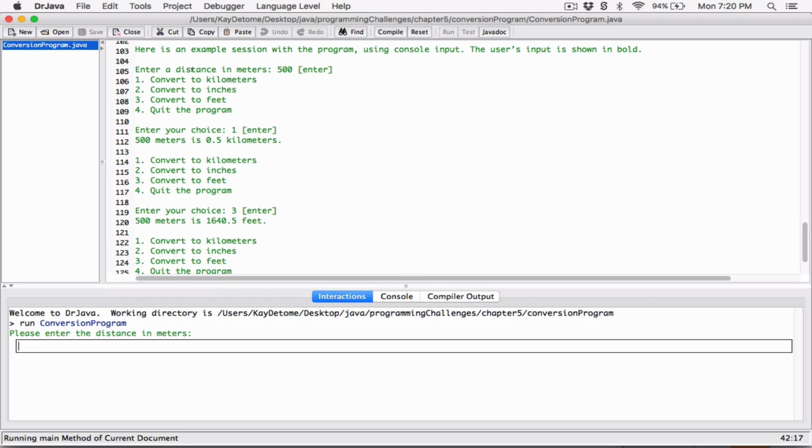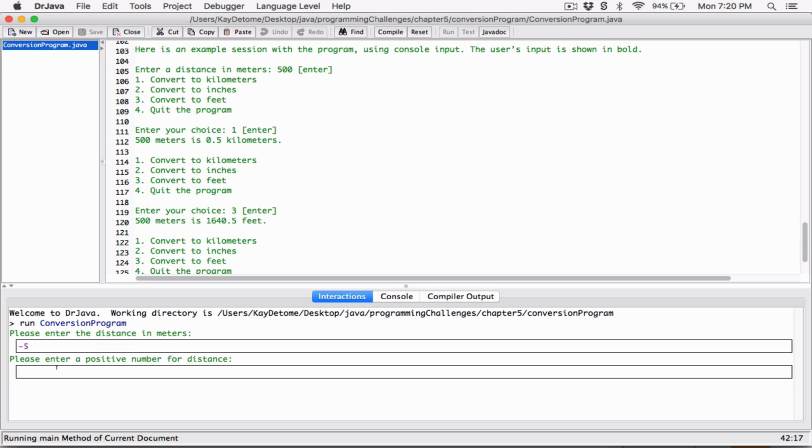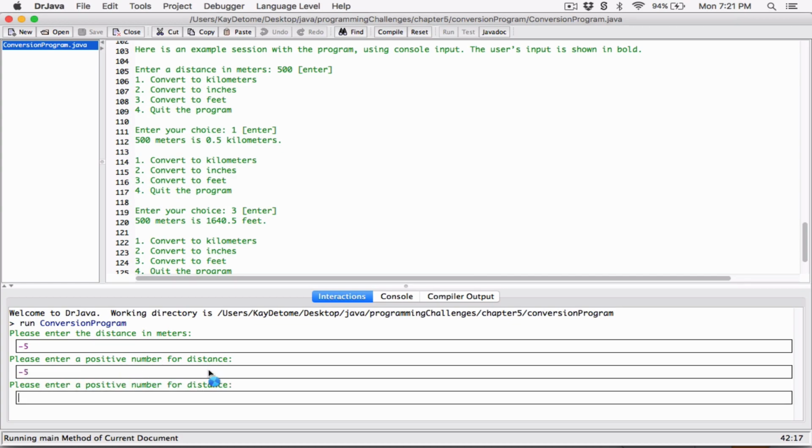So it says enter a distance in meters. Please enter the distance in meters. Okay, so that's what we're doing here. I'm going to go ahead and enter a negative number and see what happens. -5, and hit enter. Now I was able to tell that it was negative. So it says please enter a positive number for distance. I'm going to enter -5 again. It says please enter a positive number for distance. Now when I enter 500